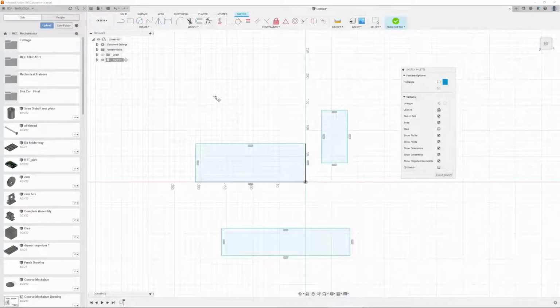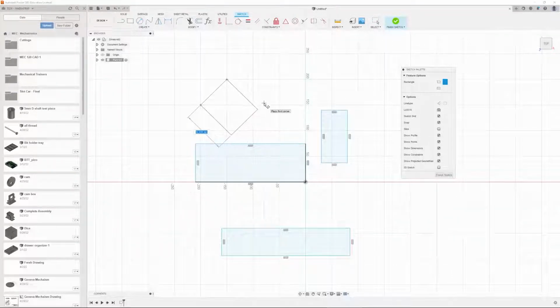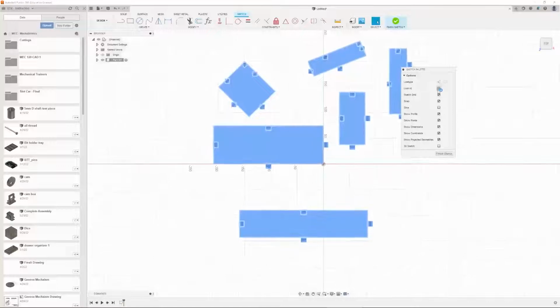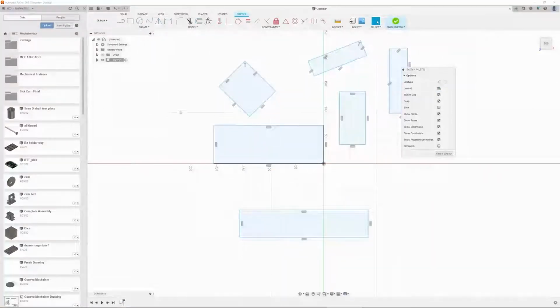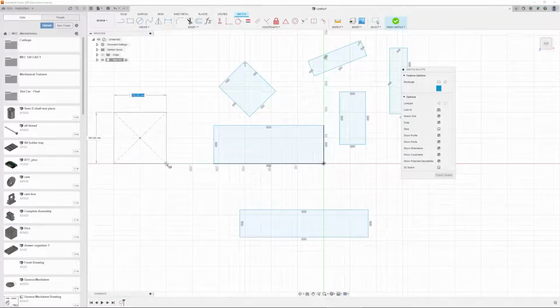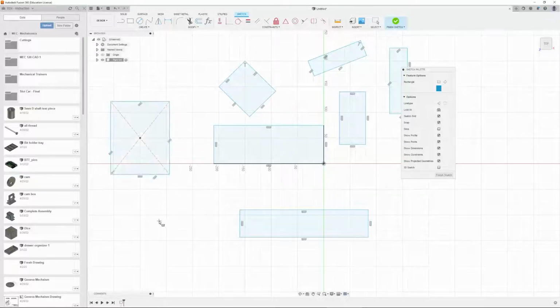There is also a 3-point rectangle tool that will let you create rectangles at different angles if you find that that is needed. And then finally, there is the center rectangle, which will create a rectangle from a central point and let you